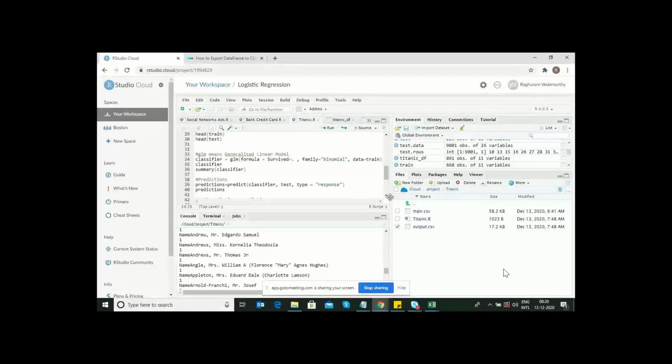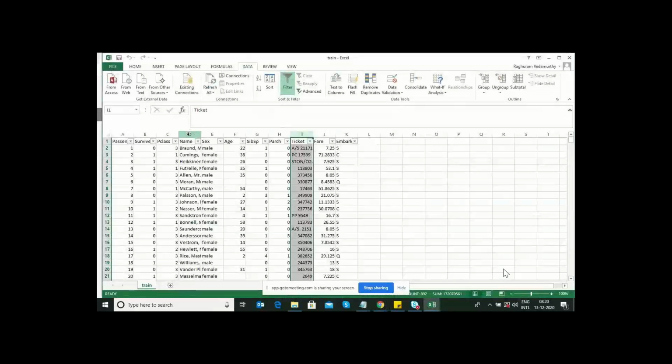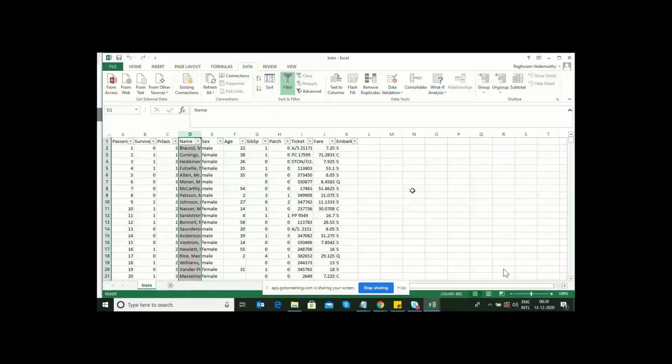But if we remove the name from the test data, and we want to know who survived, then we need names, right? We are just going to count how many people survived instead of the person's name. No, that is not the reason we are removing name. The data is already there.